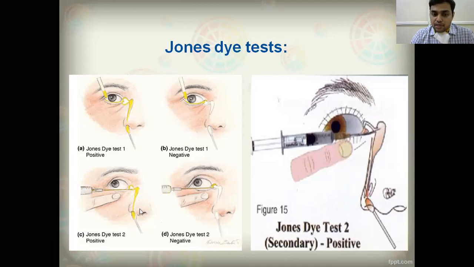If it is a partial obstruction, with the help of syringing, whatever dye was collected in the lacrimal sac will stain the bud. So this is a positive test. By this, the reason for the watering of the eye is partial obstruction. If it is a complete obstruction, it will not stain the bud. There is regurgitation of fluid from either the same punctum or the opposite punctum, but it will not stain the bud in case of complete obstruction.